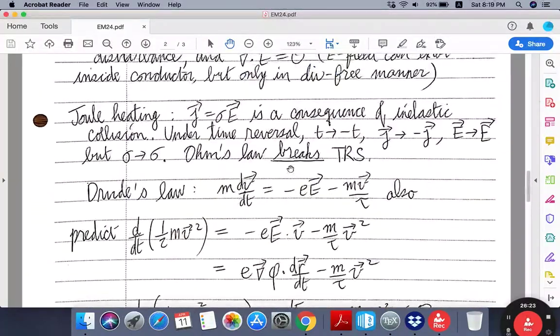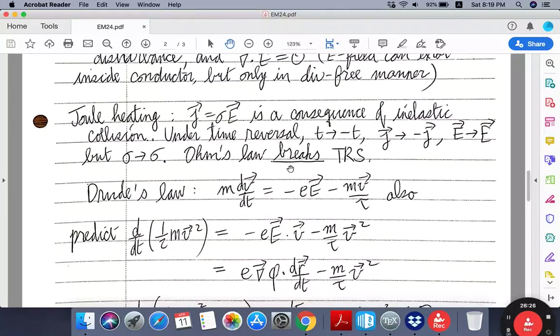Okay, let me try to justify that statement by a number of other arguments. Well, one argument is the following. You can invoke something called the time reversal operation, which is a common operation in thinking about physical processes. So formally, time reversal means you change t to a minus t. Or using a movie analogy, instead of running the movie forward in time, you will be running it backward in